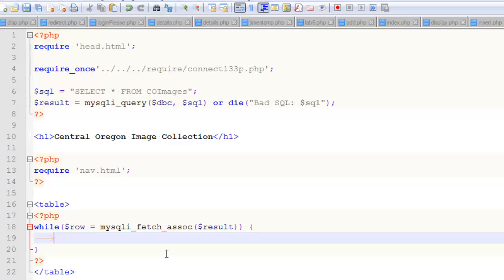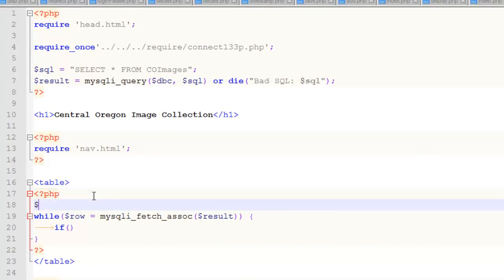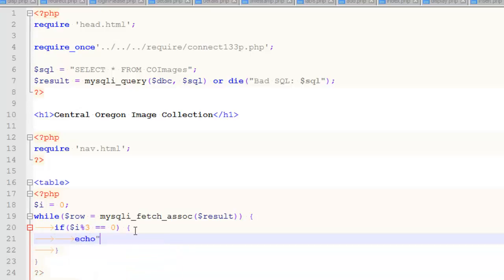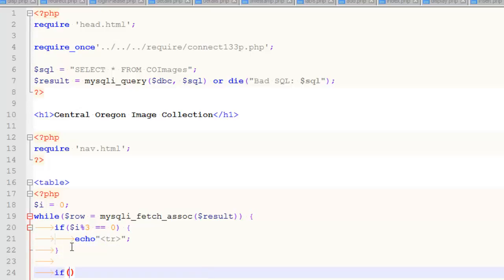I don't know if you remember how this worked, but we did it with an if and a mod. So I need a counter. Say i is equal to 0. If i mod 3 is equal to 0, that means we want to echo out an opening tr, because it's the beginning of a row. And then down here we'll have an if i mod 3 is equal to 2, which means we're at the end of a row, so we'll echo out